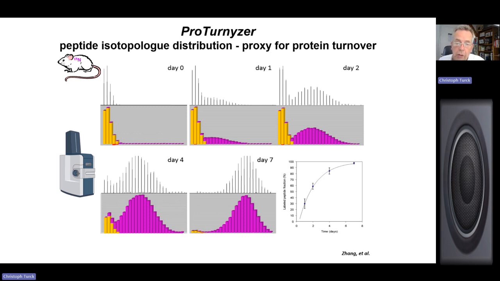And what I'm trying to illustrate here is these yellowish signals that you see. This is unlabeled peptide. And the purple signal is the labeled portion of the peptide. So it's an identical peptide, just with different numbers of 15N. In the beginning, you have almost no 15N, and as you go along from day 1 all the way to day 7, this happens to be a protein with very high turnover. The purple 15N isotopologue signals increase.